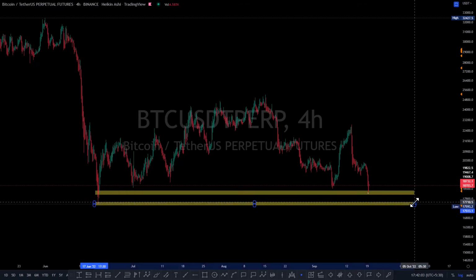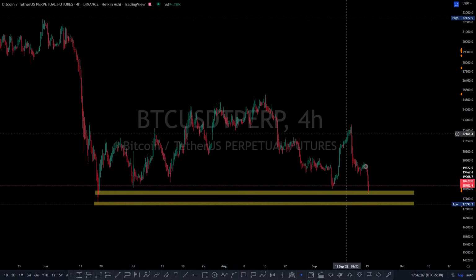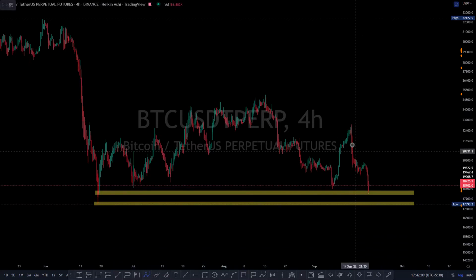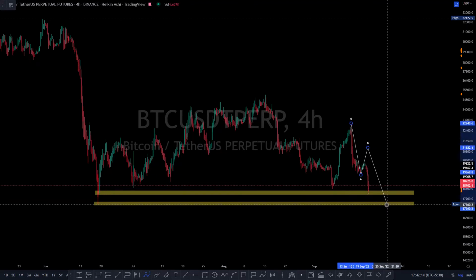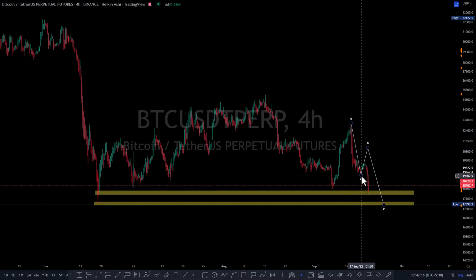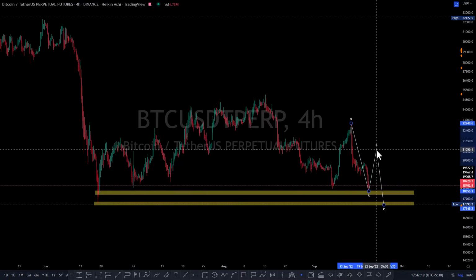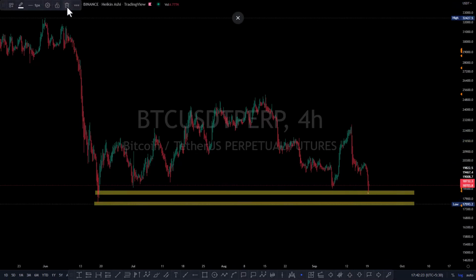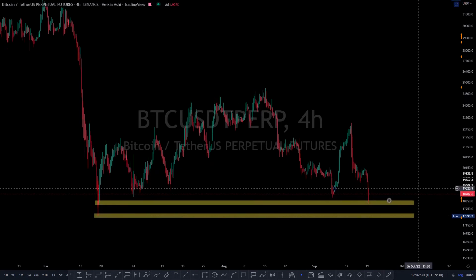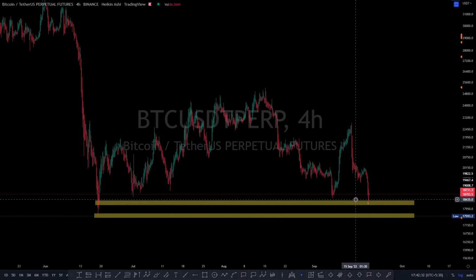Okay guys, if the market has already decided to tap this liquidity in this single push down, I wanted this push to happen something like this over here, but that did not happen because of weekend reasons or whatever. But we can still just do it like this. We can just go up and come down again. There is nothing wrong in that. But if we are seeing that this is a major tap of liquidity, it is the job of the trader to analyze possibilities and take a trade with proper risk management.